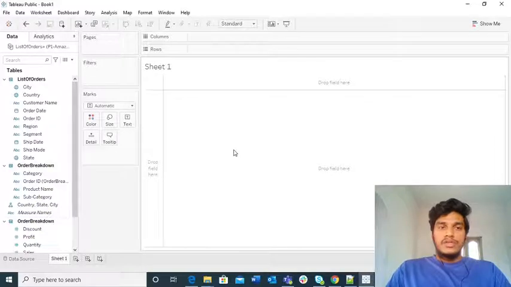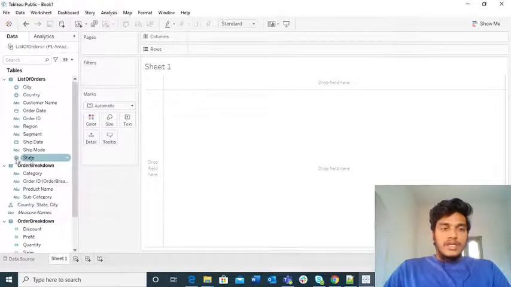Here, if you consider the list of orders table, we have a lot of dimensions. Geography has a geographical data type, that means it is in the form of latitude and longitude. Similarly, country is also a geographical role, and state is also a geographical role here.